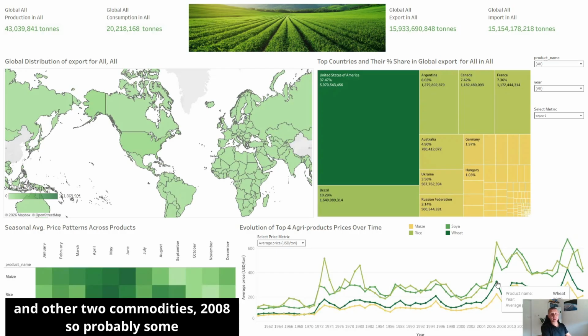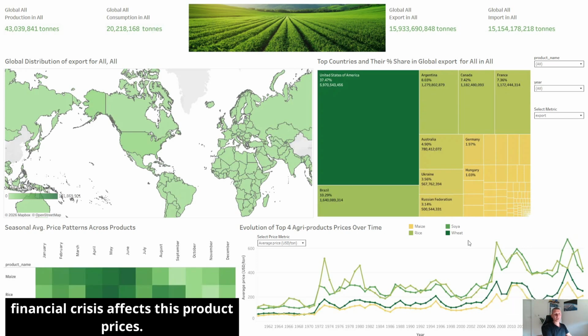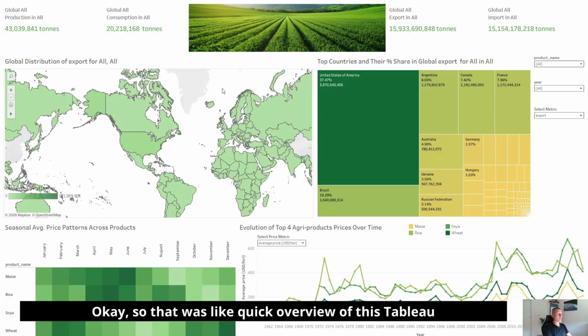So in 2008, probably some financial crisis affected these product prices. Okay, so that was a quick overview of this Tableau dashboard, and now let's summarize the